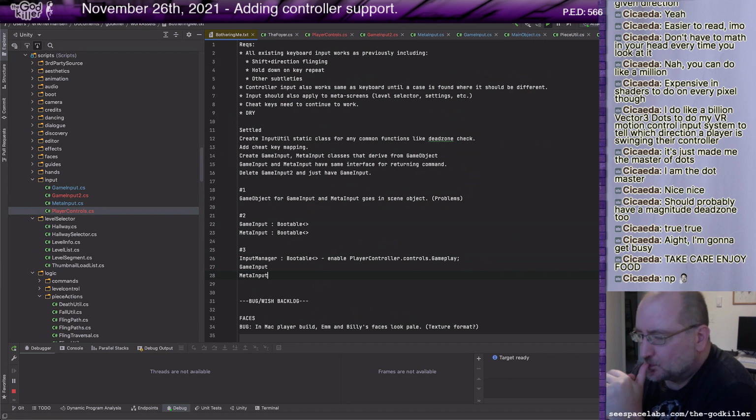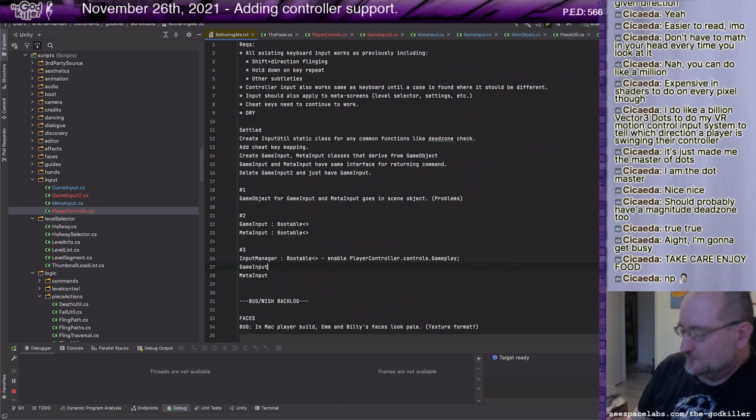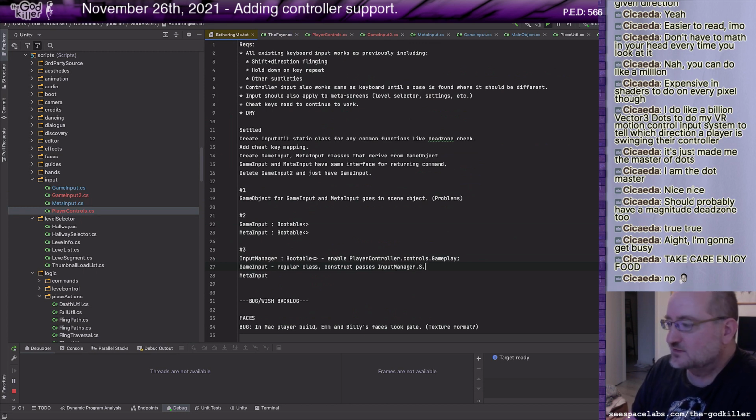I think constructor, okay, just a regular class. Constructor passes input manager's static instance. Get controls, or get, what kind of name do I want for that?